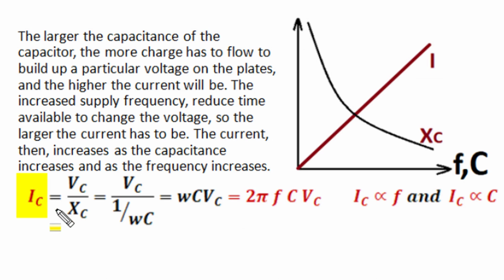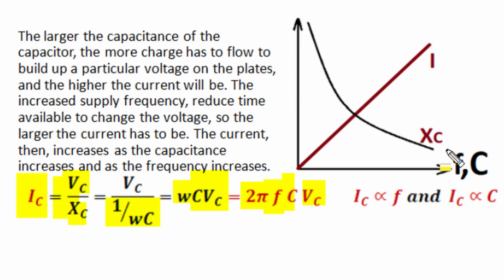RMS value of current in a capacitor circuit is given as RMS voltage across the capacitor divided by capacitive reactance, and capacitive reactance is 1 over omega C. So we can say current in the capacitor is omega C multiplied by capacitor voltage, and if omega is 2 pi f, then capacitor current is directly proportional to supply frequency or capacitance value for a fixed value of applied voltage,